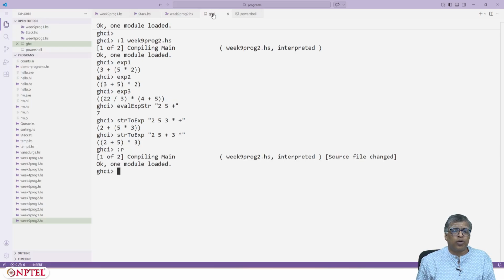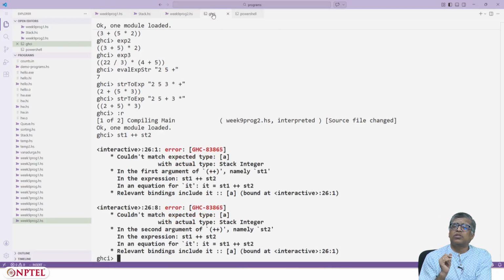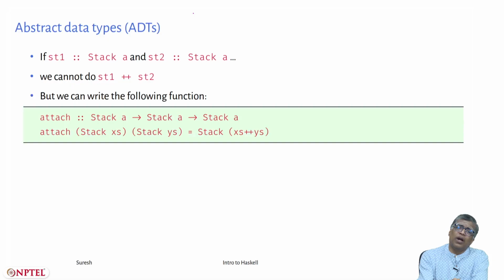Let me reload this program, and then let me try stack 1 plus plus stack 2. I will get a type error because plus plus can be applied only on lists and not on stacks. Okay, fine. But you can actually write a function attach which will unwrap each stack and do whatever operation you want with those lists and then put the wrapper back on. Okay, and in fact, let me try to program this in VS Code.